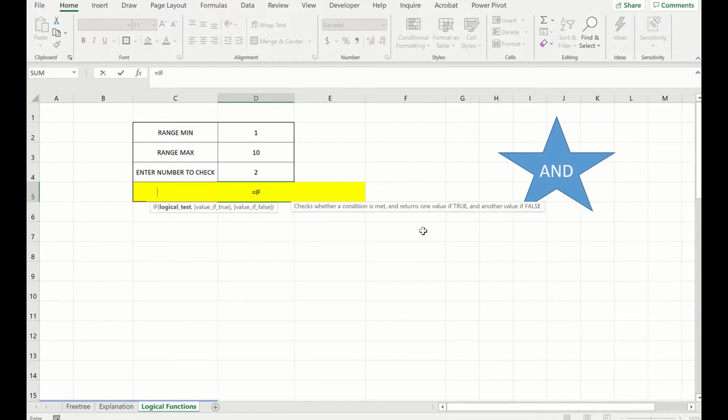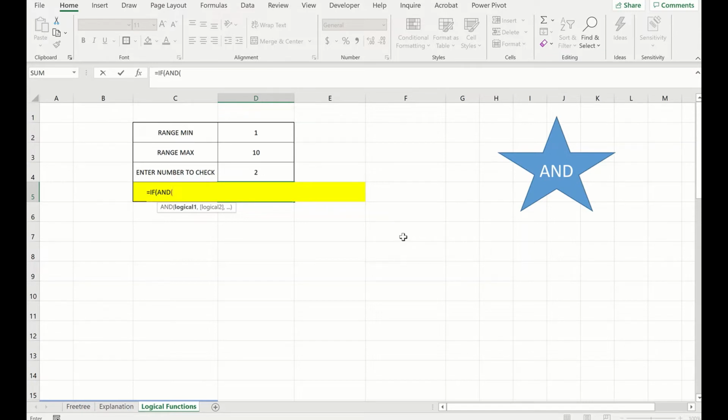First let's type in IF, and the logical test would be AND. The AND function works like this: you keep entering the logical arguments, in terms of expressions, and as long as the expressions are true or false, the AND function returns true or false. The IF function works on an actual condition, one condition, not multiple conditions.